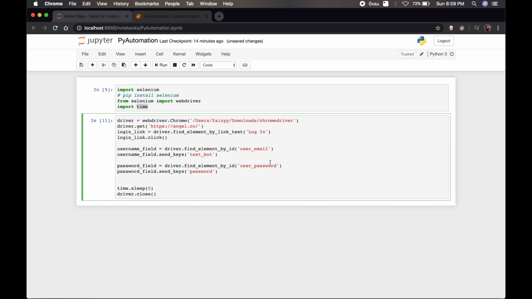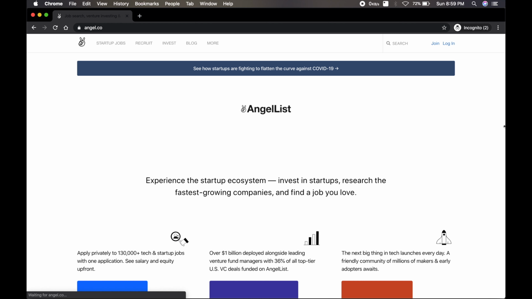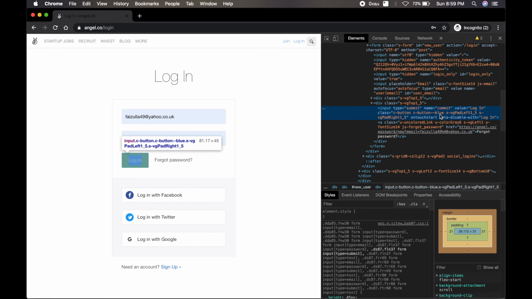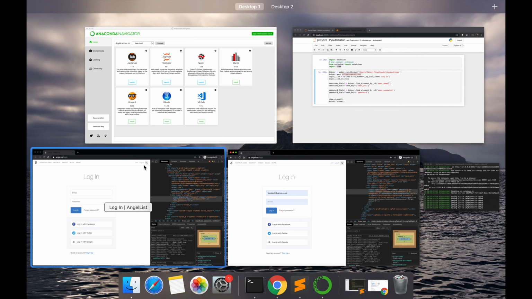Now, since we have taken an example of applying to jobs online, let us see how we can click that login button and log in successfully. We need to be able to click this button, but before that, I am entering my email and ID here. So I suggest you use your own. Let us inspect this button right now to see where it is. This button does not have an ID. It has a name. We can query via name also. Name is commit. Let us copy that,